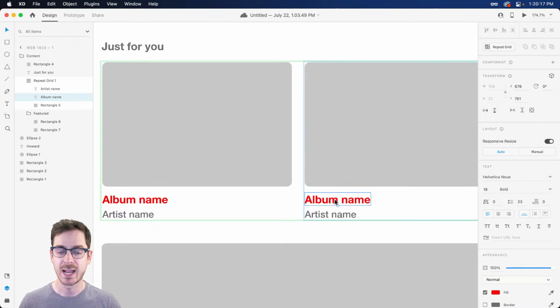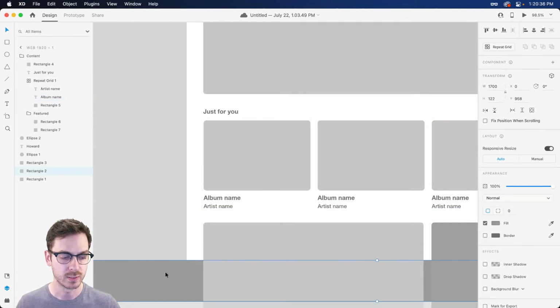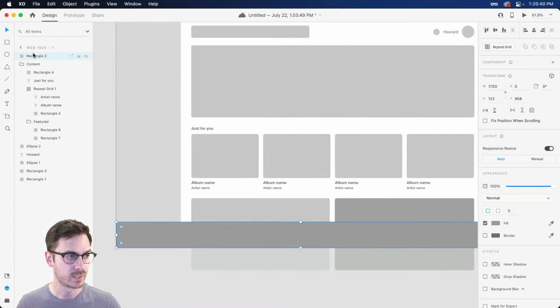Also on components, you can have different states as well. So if you're working on a button, which we're definitely going to get to possibly soon, you can have a button that's like a primary button, and then you can have a state that's a secondary, an outline button, an inactive, an error state, all sorts of different things, and then switch between those very easily. And you're going to see more of that in action shortly. All right, I'm going to make sure to move this play bar towards the top.